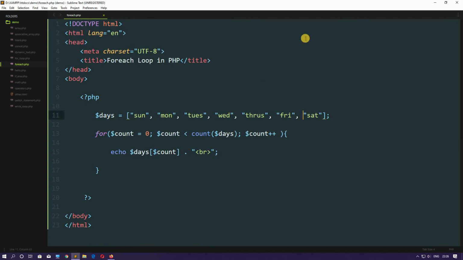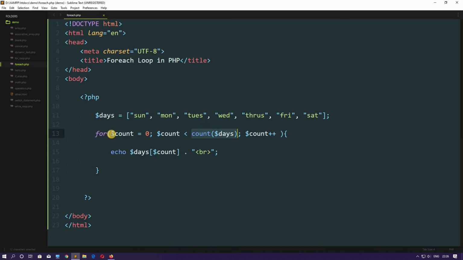So here I have used a PHP inbuilt function, that is count, not $count, just count. This is counting the number of items in our array. In this function we have put our $days variable, that is our array variable. So this function will return the number of items we have in our array, and that is 7.